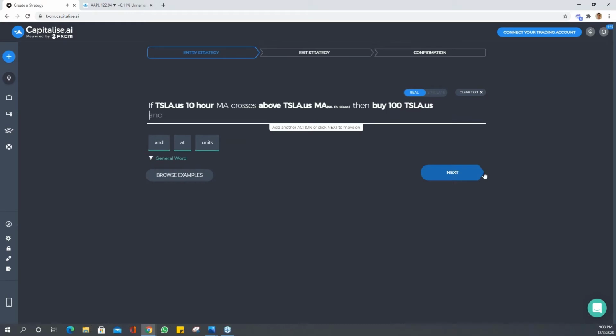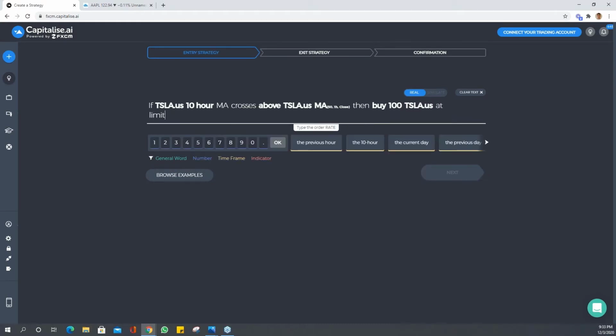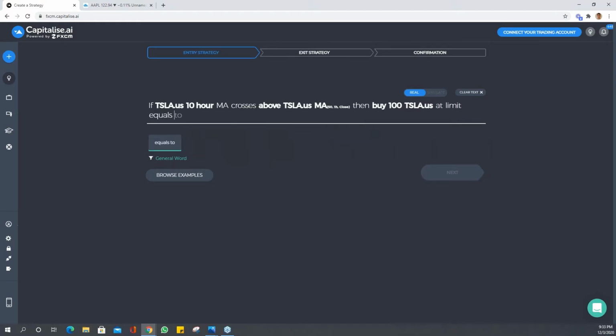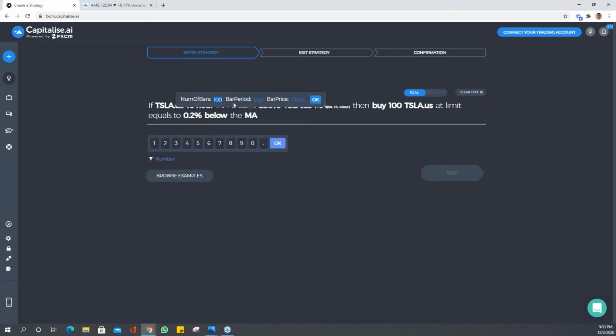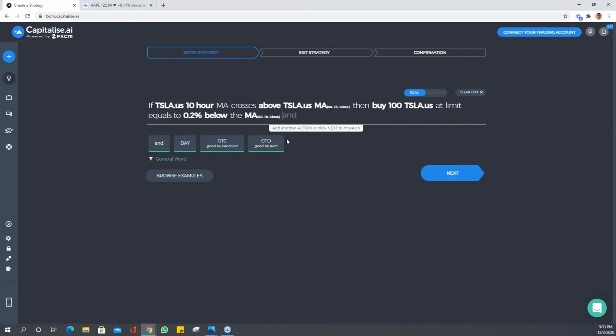Here we're going to set limit equals to 0.2% below the MA 50. Now, remember guys, we may not get this trade all the time, as maybe the limit can't be reached. However, when the limit is available, we'll definitely get the trade. So if Tesla 10-hour MA crosses above Tesla 50-hour MA, then buy 100 Tesla at limit equals to 0.2% below